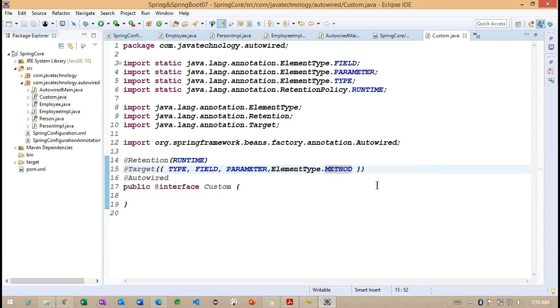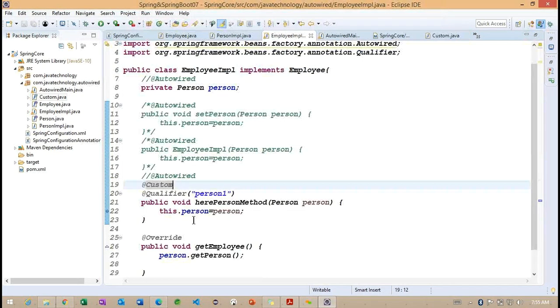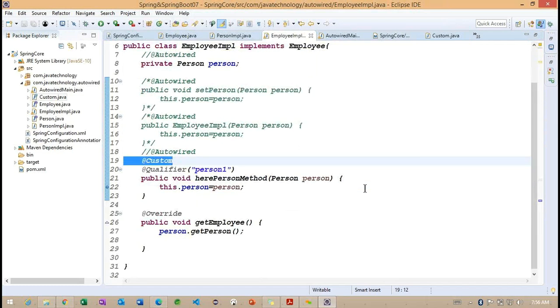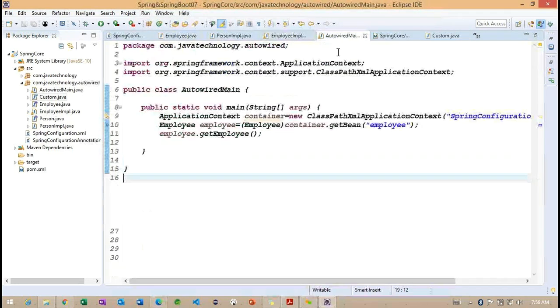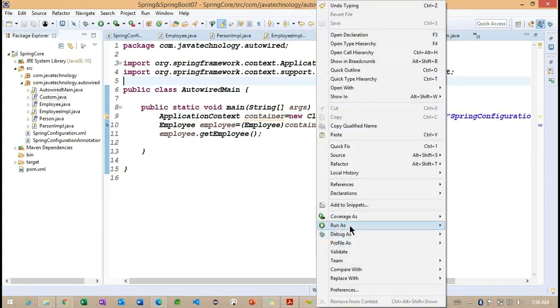Let me save here. Now you can see whenever we specify this element type method, we are able to access this custom annotation on top of this method here. So this is the way we can work on the custom annotation. Let me run the same example here.